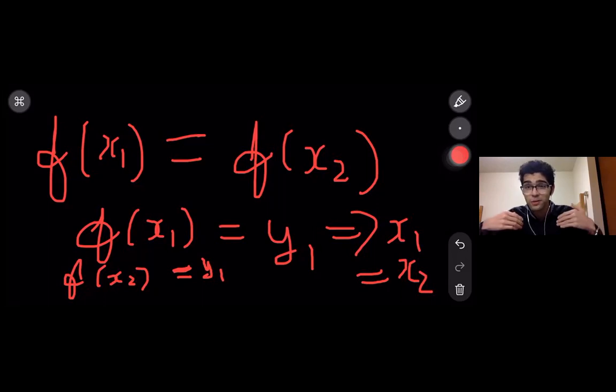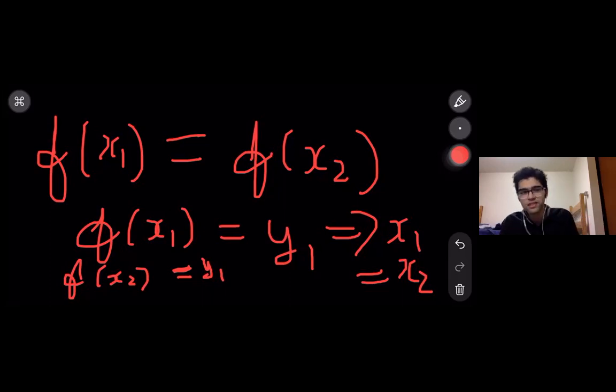We want to specify that two numbers cannot be mapped to the same thing. We know that one number is always mapped to only one thing. That's the definition of a function. Each element from the domain will only be mapped to one element in the codomain, one unique element in the codomain actually, because it will not be mapped to two different things. So the uniqueness can get a little ambiguous. Are you talking about uniqueness in terms of the codomain or uniqueness of the domain?